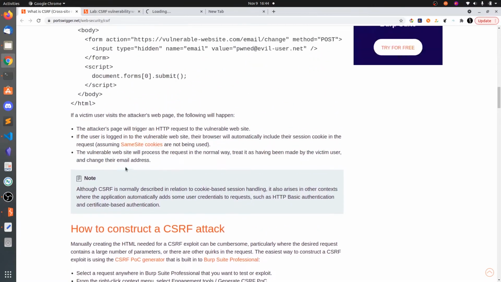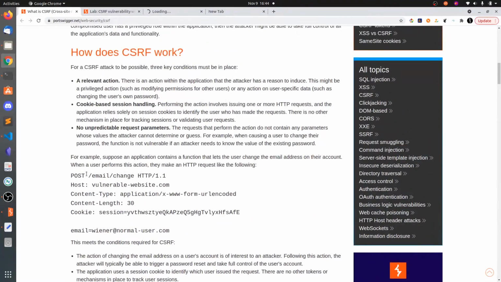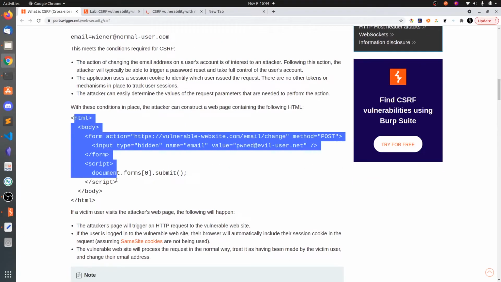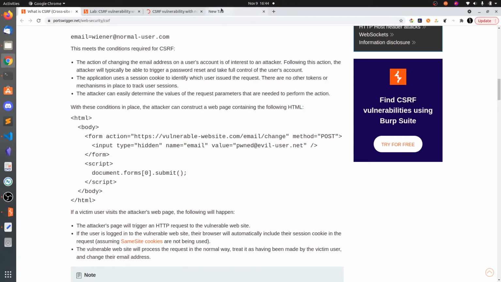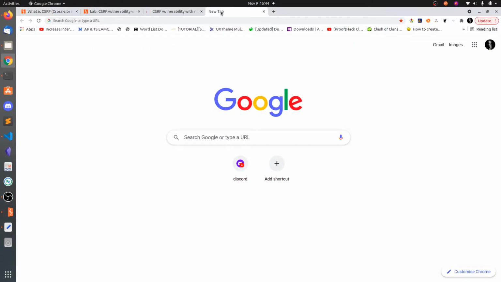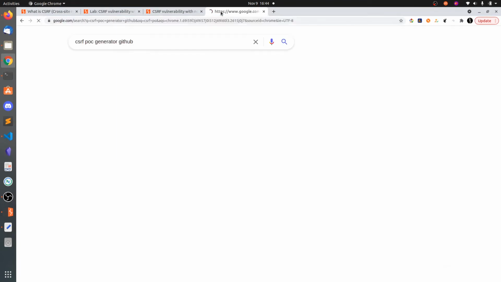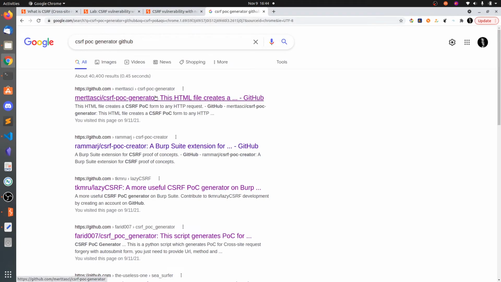Here this request will be different for different websites, right? So you need to construct this HTML form like a phishing link. What you can do is Google for CSRF POC generator GitHub, and here you can see this is the first one. This is a very simple one but also very helpful.